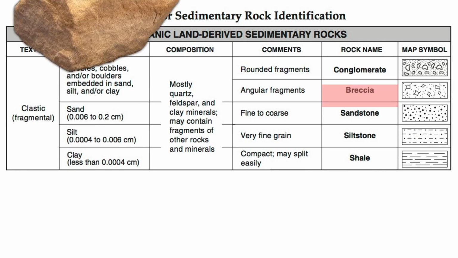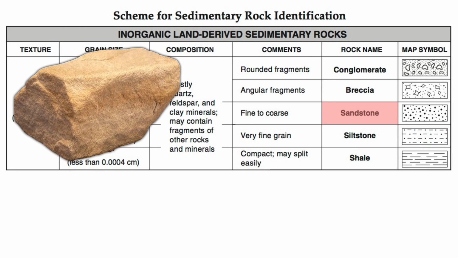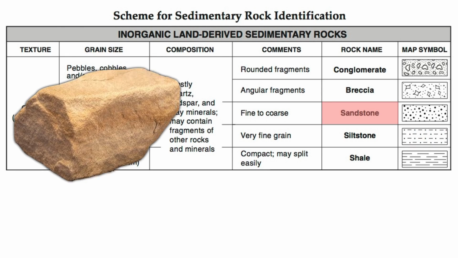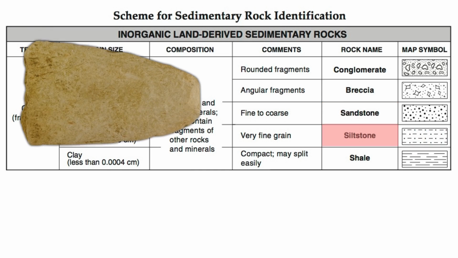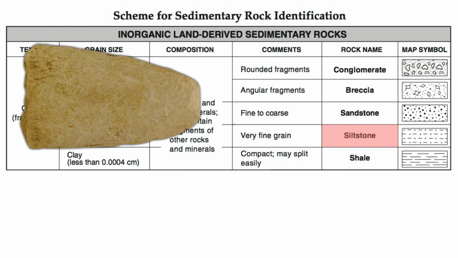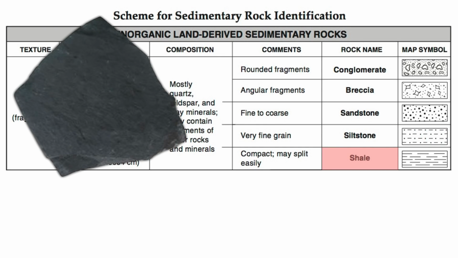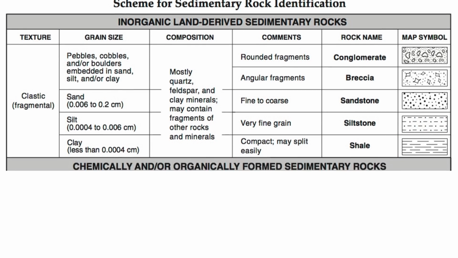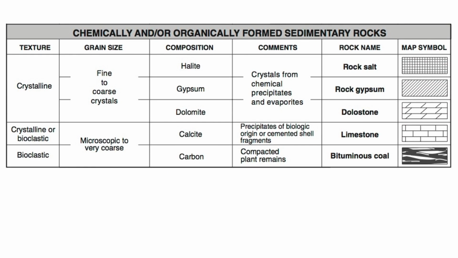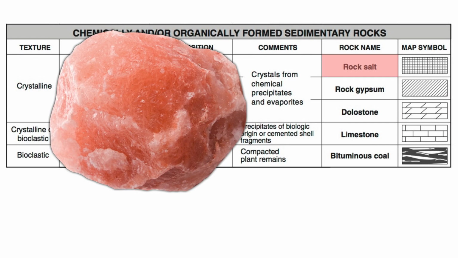If the rock is made of sand-sized sediments, appropriately enough, we have a sandstone. Smaller sediments, called silt, will give us a siltstone, and smaller still, called clay, will give us a rock known as shale. And so those are our clastic sedimentary rocks. But we do have some other types of sedimentary rocks. Some of them are called crystalline, like this rock salt. Now this is a rock that forms when you have minerals, like in this case halite, dissolved in water, and